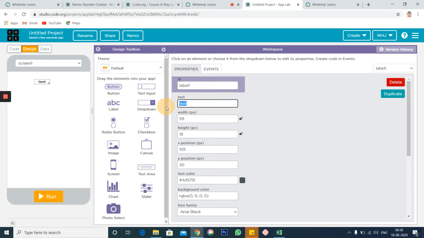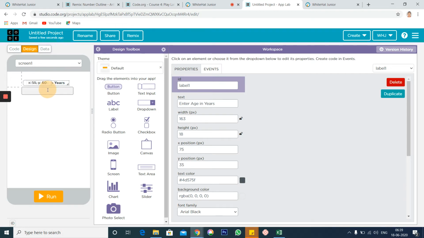In the text, I will change it to "Enter age in years". Now I want an input from the user. So I'm going to add a text input.